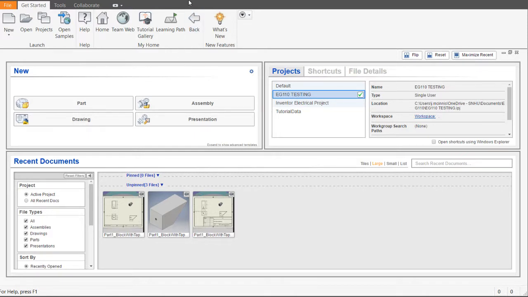So I've opened Autodesk Inventor. What you're seeing here is the home window. Before you've ever opened anything up, it might be completely empty, but you can very easily access the template files to make a new part, a new drawing, or a new assembly. Our focus is going to be on parts with a little bit of drawing